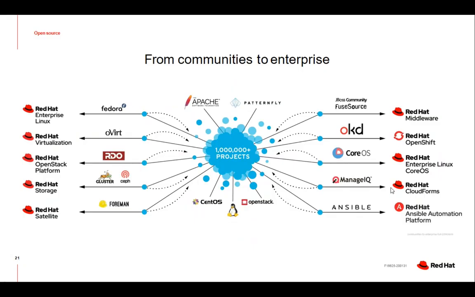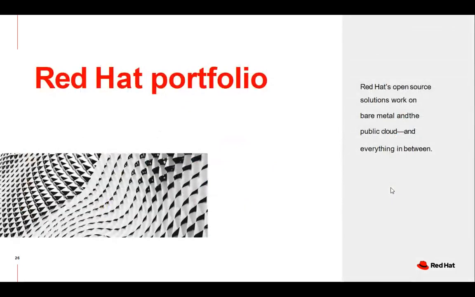And this is working really well for them. Right. So Red Hat OpenStack Platform, Red Hat Storage, Ceph cluster, Red Hat Satellite. These are all infrastructure projects which came out of the open source community. Coming to the middleware, we have JBoss, OpenShift, ManageIQ, which is CloudForms, and Ansible automation. All of these are achievements of the open source community, powered by enterprise-grade testing and enterprise-grade integration by Red Hat. Right.